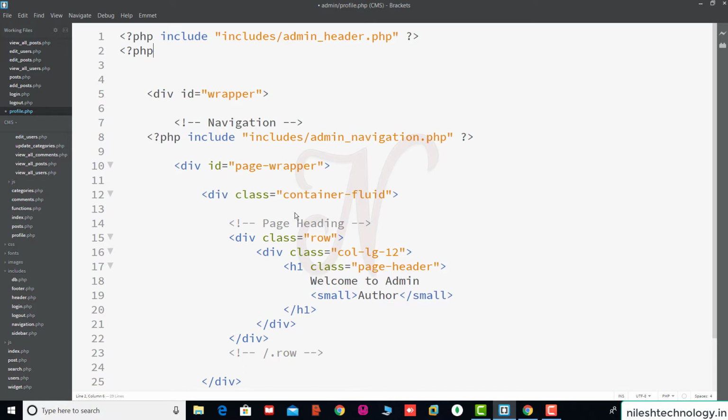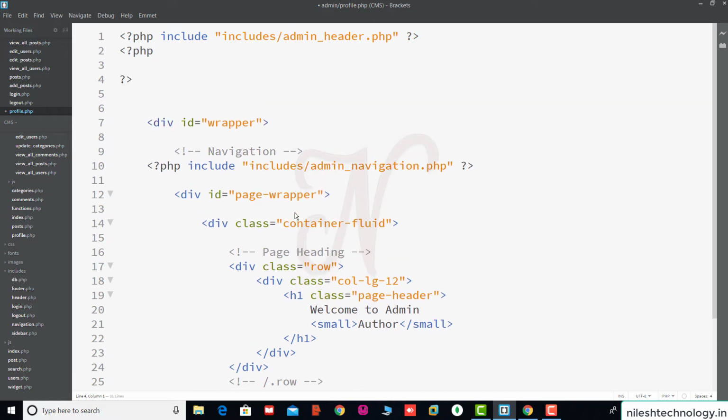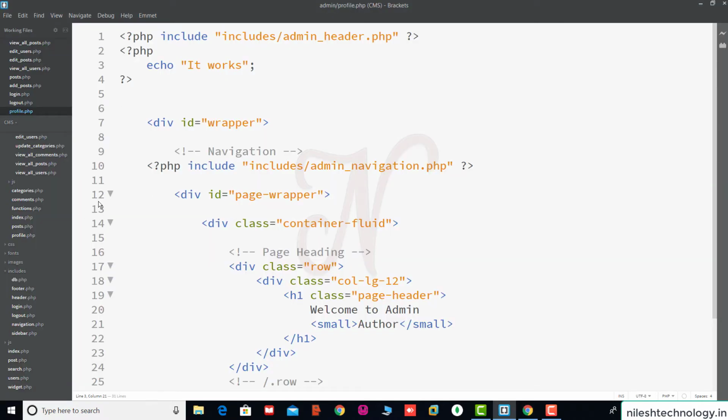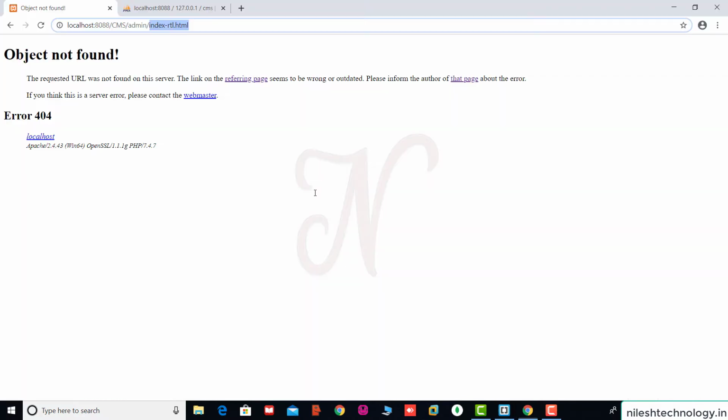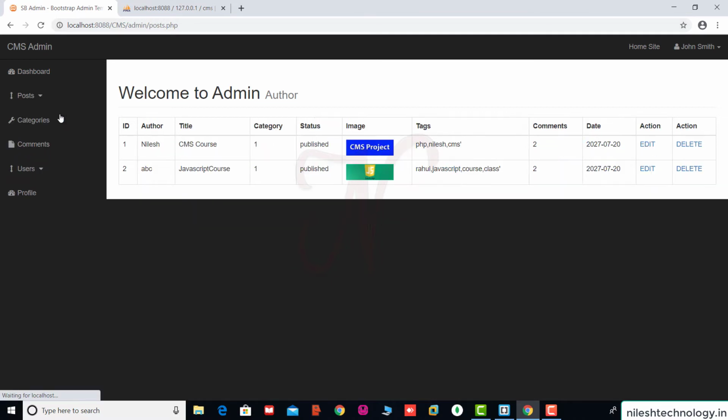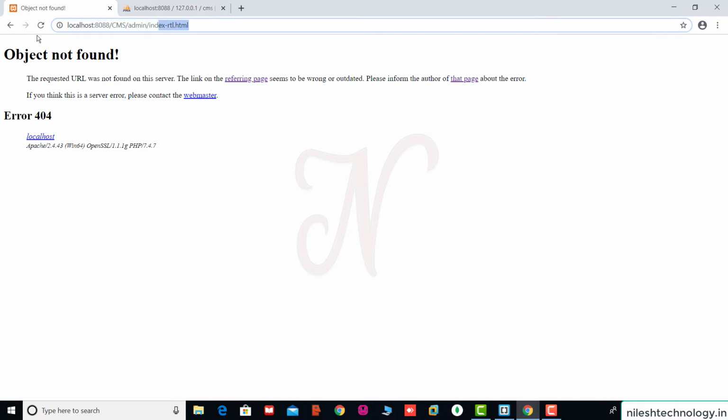After that declaration here, for testing purposes we print one message, "it works". Save these changes and see here. First we run the index.php file. Here click on this link, view all posts. Refresh this page again, and if you click on the profile link, then see, no, I think